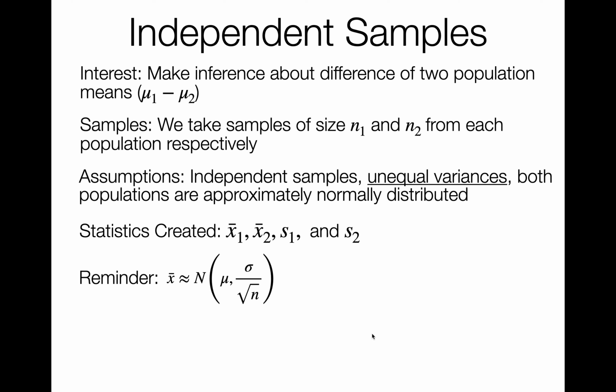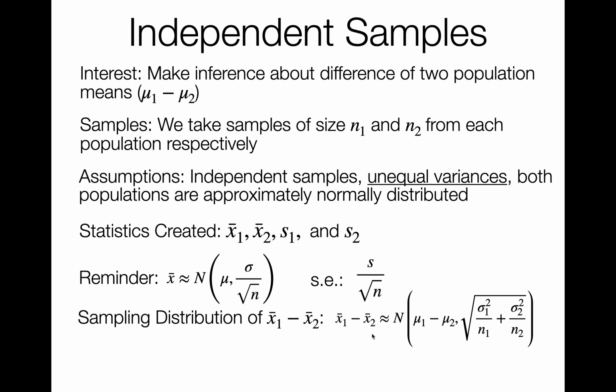For the one sample case, the sampling distribution of x bar was approximately normal, mean of mu, standard deviation of sigma over the square root of n, and when we looked at the standard error, it changed to s over the square root of n. Now, instead of just looking at x bar, the one sample case, we're now looking at the difference between the two,